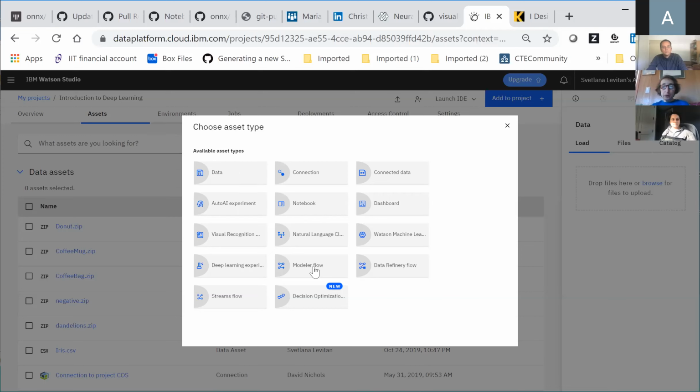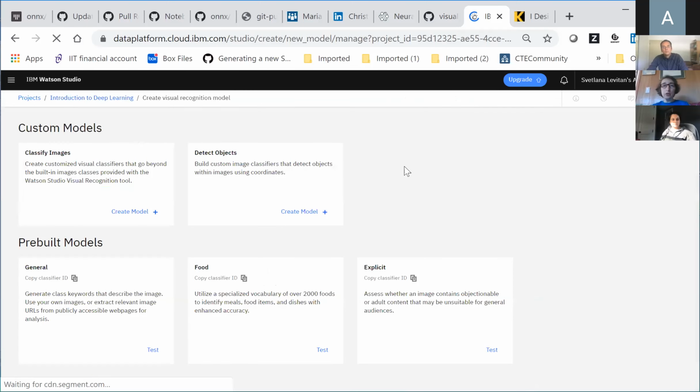And there is Model Builder that would allow you to do a lot of machine learning more or less graphically. If you want to use that, I think you can later and I can help you to do that. But right now we'll talk about visual recognition because this is something that you may want to use in your applications.